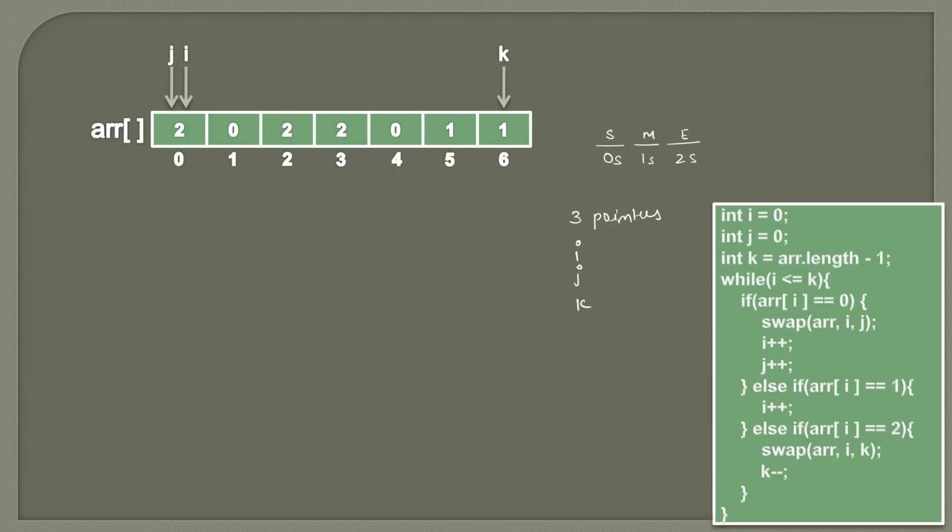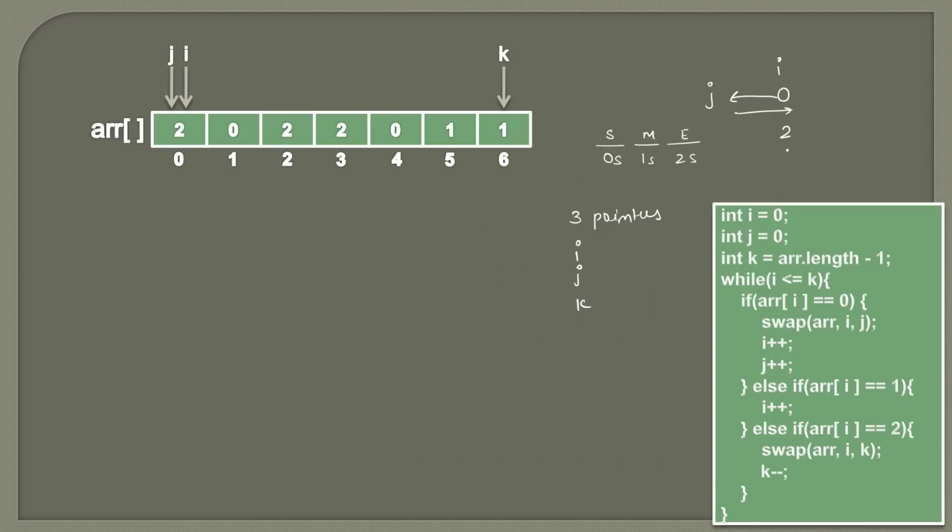So here I is our main iterator of the array. Its main job is, at the start we have to provide zeros, in the middle ones and at the end twos. So whenever I encounters 0, let's say here it is encountering 0, we know that we have to throw 0 to the start. So when 0 is encountered, it will be thrown to J, and whatever value J holds will come at the place of I. So zeros will be at the start and J will help us in achieving that.